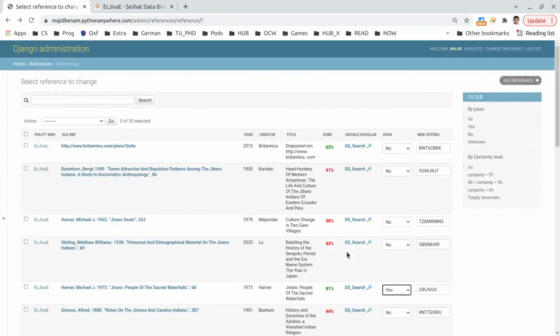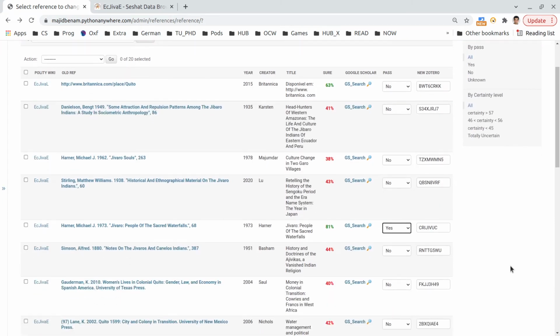There are 20 references per page, and all the references on one page can be taken care of with one click. But if a reference, for example this other one, is not correct, as you can see, the dates do not match and the names do not match, and it also doesn't have a high score, then you can